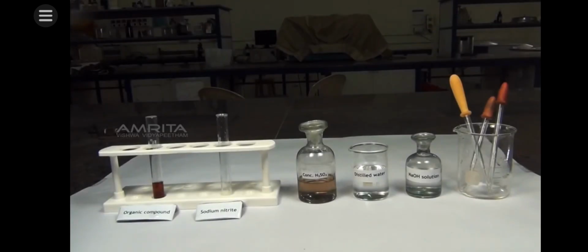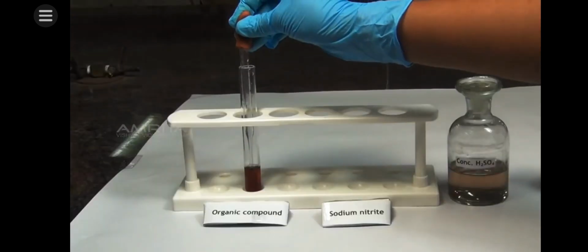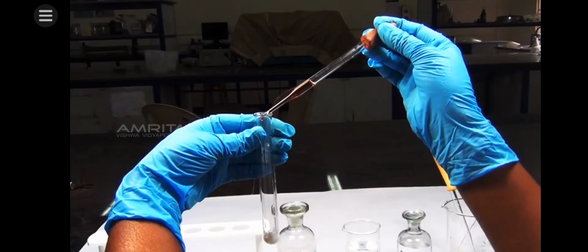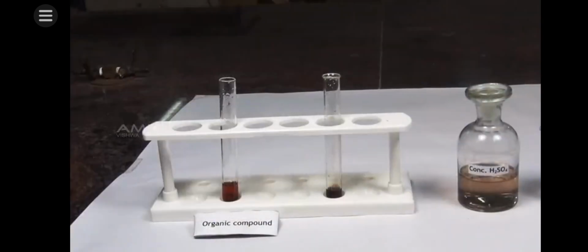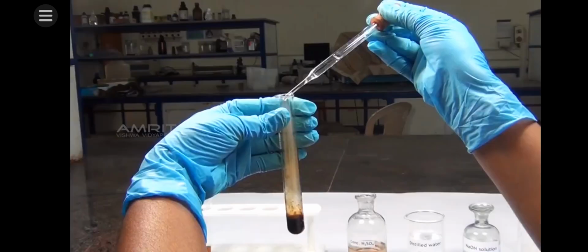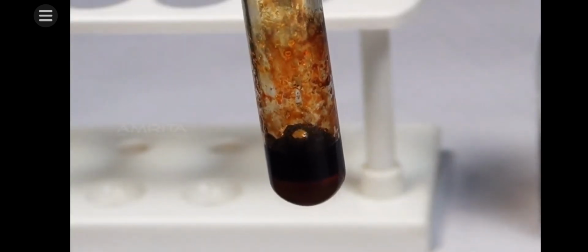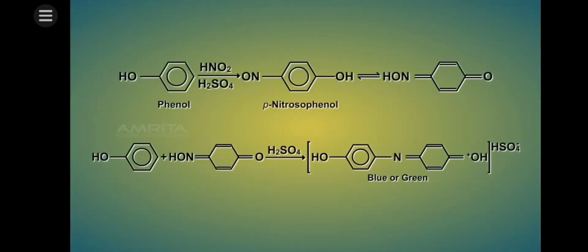Procedure: take a small quantity of sodium nitrite crystals in a test tube. Using a dropper, add a small quantity of organic compound to the sodium nitrite crystals. Heat the contents of the test tube gently over the Bunsen burner and allow it to cool. Using another dropper, add a few drops of concentrated sulfuric acid to the test tube and shake the test tube well. Phenol, on reaction with sodium nitrite in the presence of concentrated sulfuric acid, gives a deep blue or green